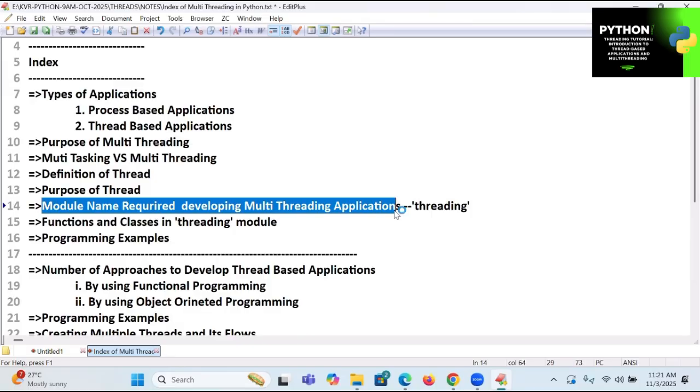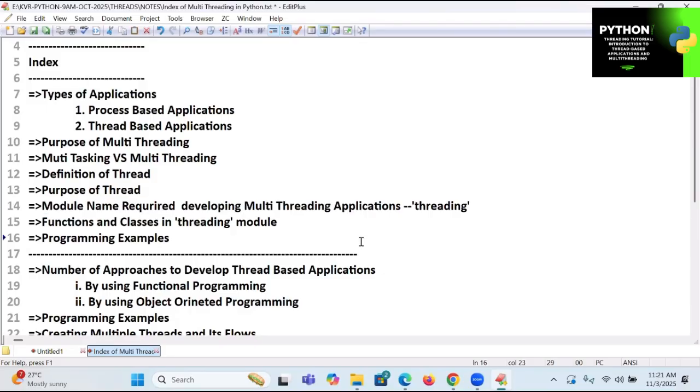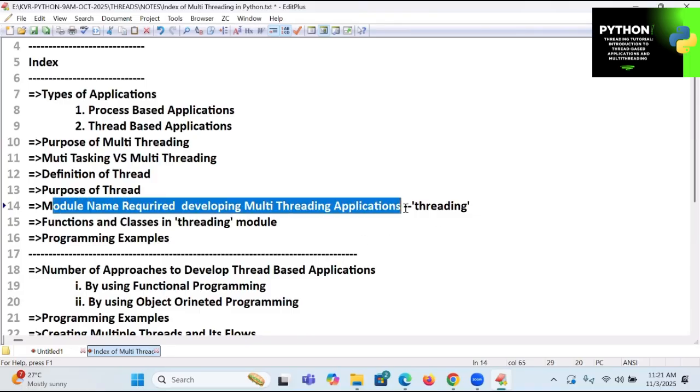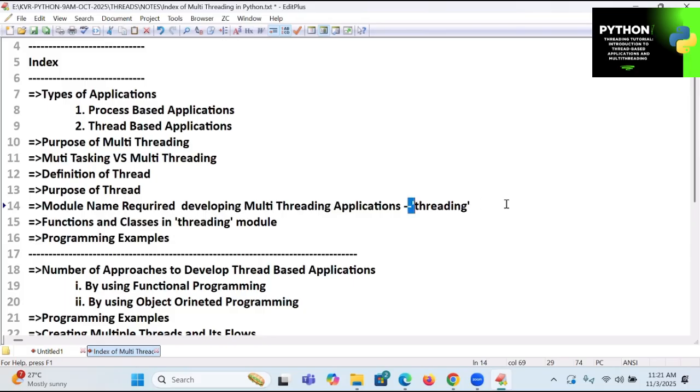Like the module name for date and time, for CSV, for JSON files, for communicating with Oracle or MySQL databases. The module required for developing multi-threading applications is called threading. Threading is a module name.